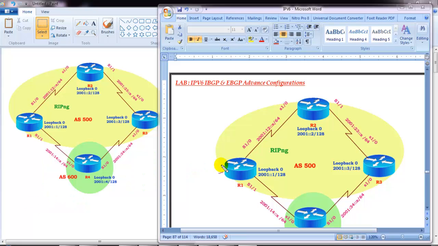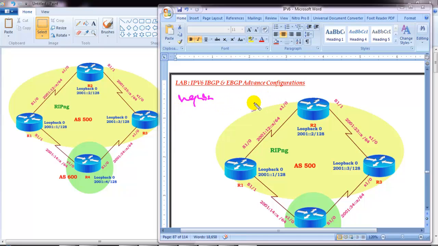And apart from that, we are also going to configure authentication between them. Which means in order to establish a neighborship, they should have an MD5 authentication, encrypted authentication, and they're going to use a password of Cisco 123. So we need to configure one more command called neighbor, and then we need to configure a password